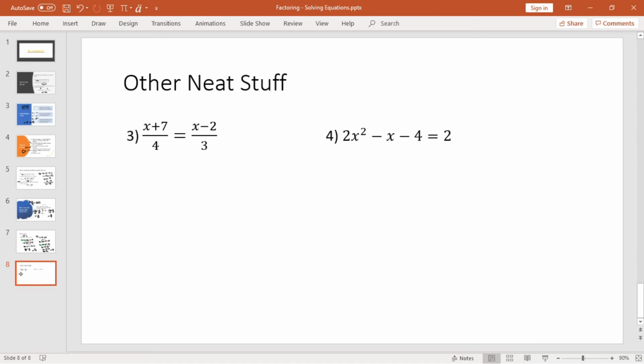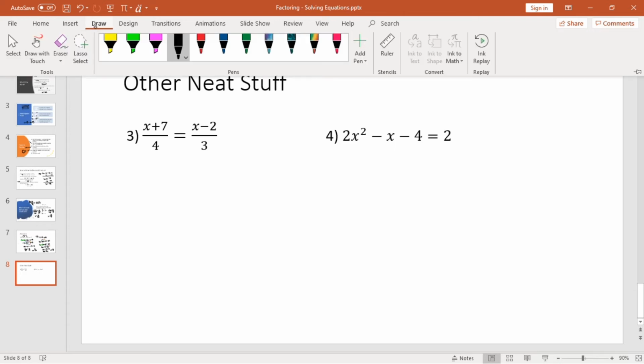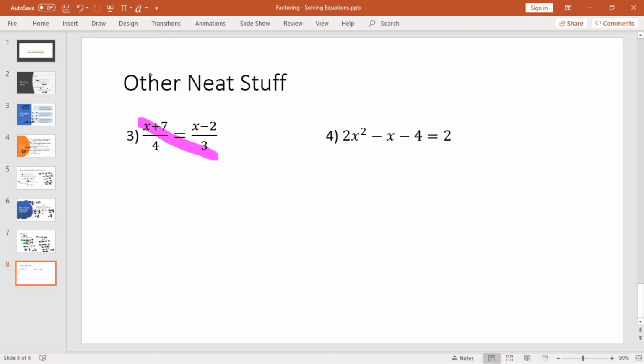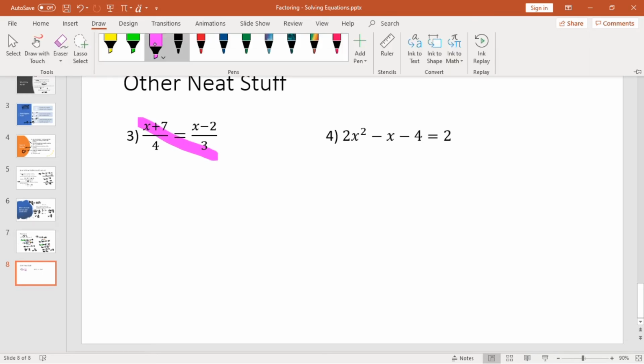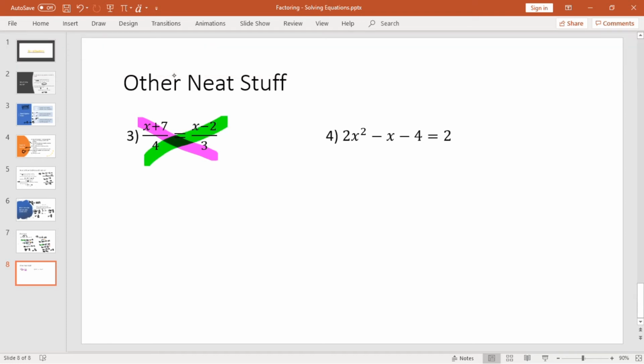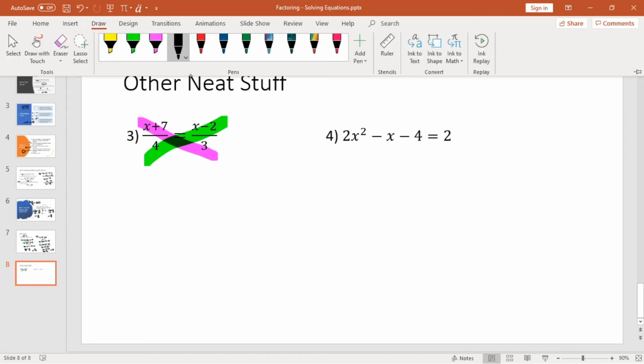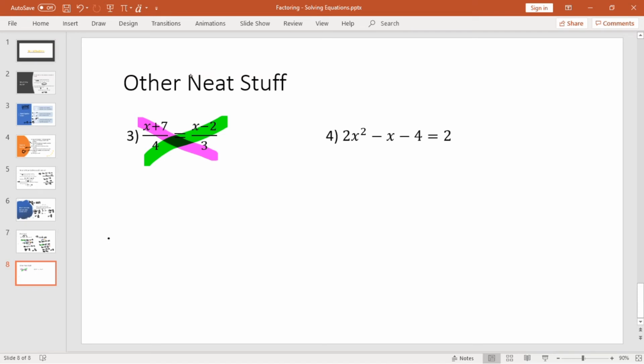Okay, I told you that we aren't going to deal with fractions, so I want to just let you know what's going on here. If you have a situation where it's fraction equals a fraction, and not fraction equals fraction plus whole number, fraction equals fraction plus fraction plus fraction, so it has to be 1 equals 1, 1 for 1, you're allowed to do cross multiplying in this situation. You don't have to use the lowest common denominator or do all the other stuff that we're going to figure out. So cross multiplication, you need to have an equal sign in between two fractions, and you basically take,